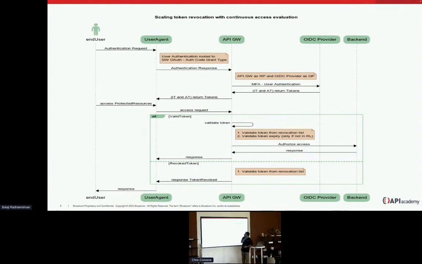As I said, the federated identity OIDC provider is going to use a single factor or multi-factor and authenticate the user or verify the authenticity of the user access and issue an ID token and access token back to the user agent. And the user agent will use that and will be directing the request for accessing the protected resources. And there are two scenarios. The primary scenario here, when there is a valid token, it is going to check the token whether it is